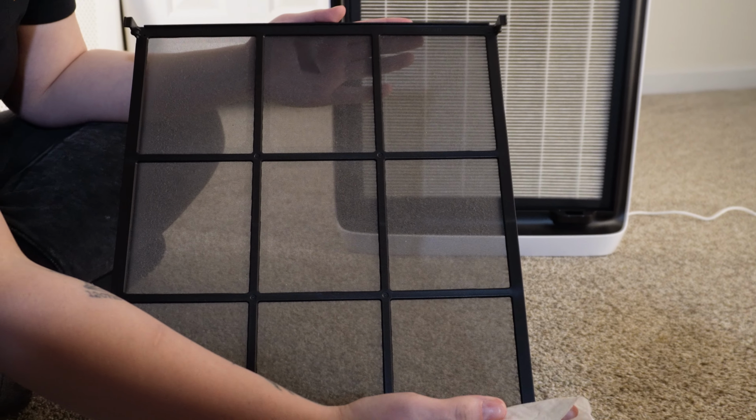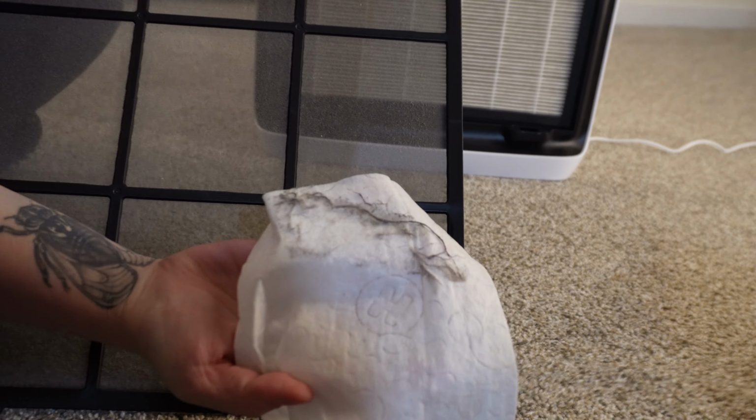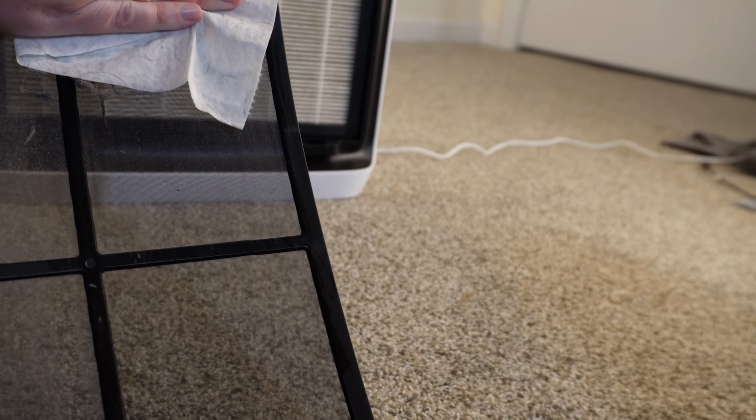So if you ever wonder if air purifiers actually work, I have the physical evidence right here to support it. So it does work. You know, I'm not inhaling my family's dead skin any longer. I don't know how long I have been, because I'm sure my previous air purifiers were not as effective as this one, just based on price. I know my previous air purifiers have not even exceeded the amount of $100, so...